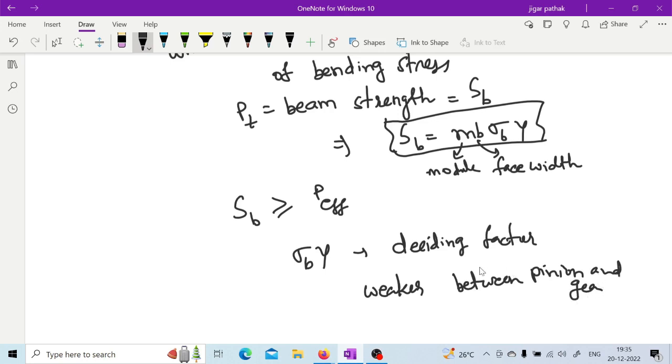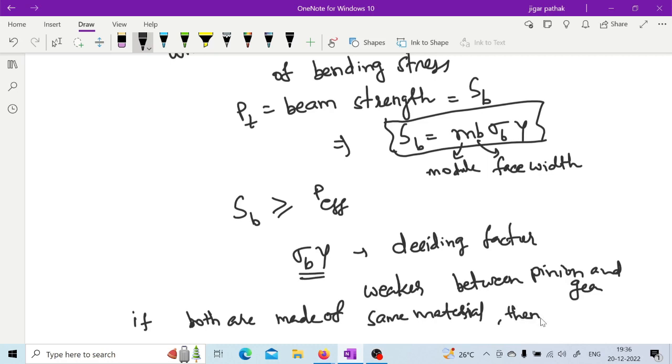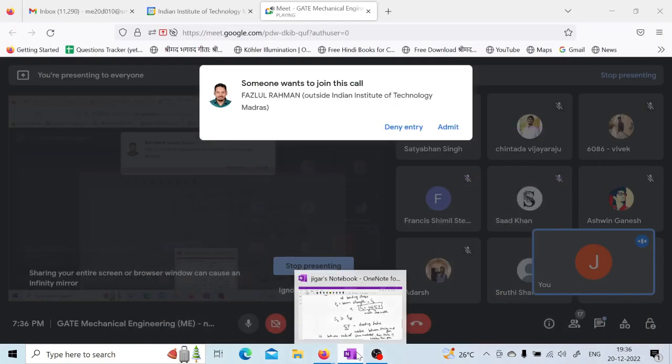Right, so you need to calculate the sigma b y product if you want to know which particular component is weaker. If this pinion and gear both are made of the same material, then this pinion is weaker, right, always. The pinion is weaker than gear. Right, so this is how we are having